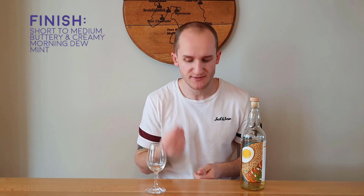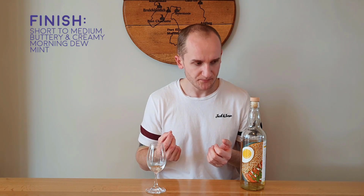Right. Yeah. More of the mint, whether that's just on the palate, but it's definitely coming through in the finish. The finish is short to medium. It is fleeting, young, grassy again, but there's a nice,